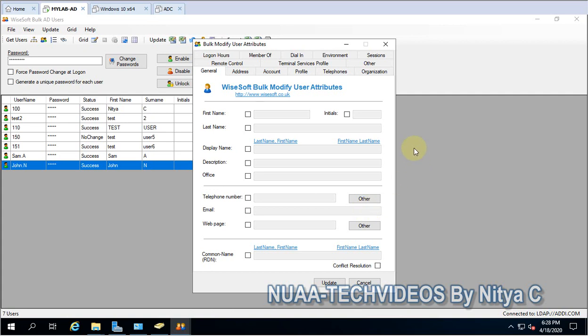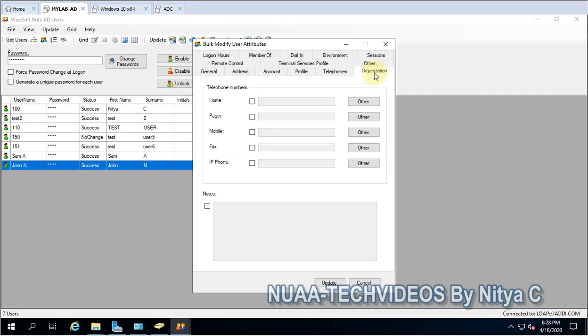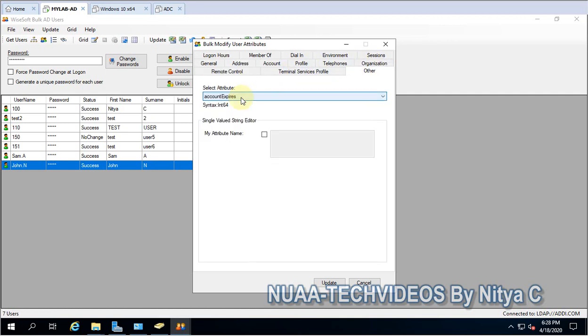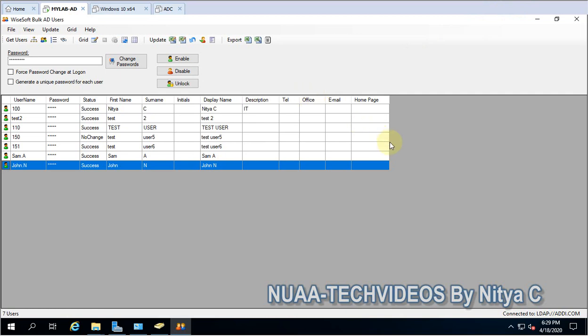So first test it, play with it, and once this tool is handy with you, then you can go ahead and use it. Many features are there. You can update account name, profiles, telephones, organization, dial-in, and any other attributes you want to manage. This is how you can leverage this tool.